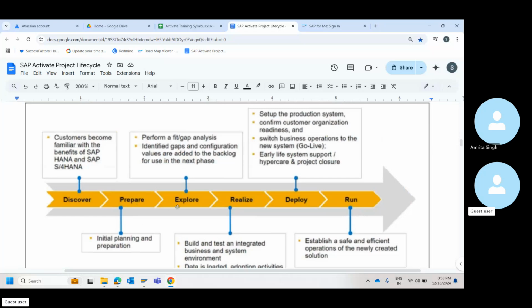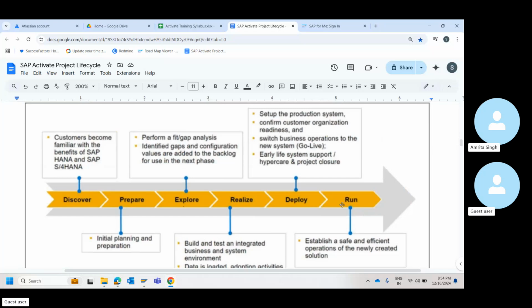The next thing that we will do is concentrate more on these four phases, because we have discussed discover. Run is something that you're already part of, so I'm not going to go into details of that. It's what you do as part of your regular support project. You get incidents, you have P1, P2, P3, and SLAs that you have to adhere to.